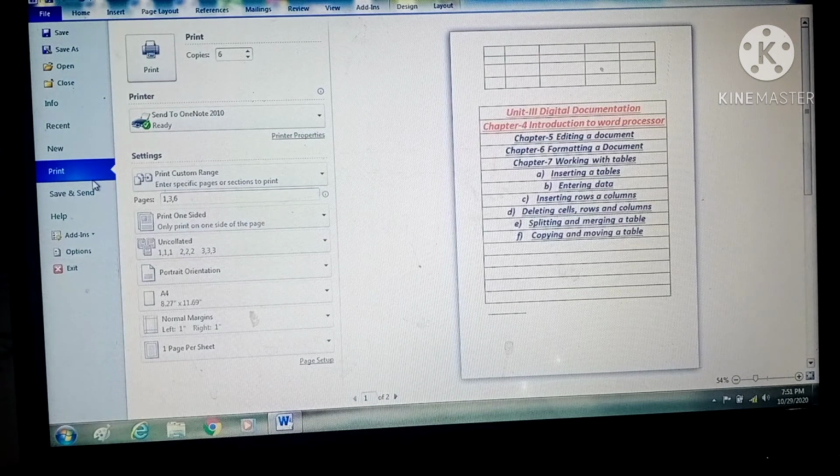So I think chapter 7 is completed, that is tables, and chapter 8 is completed, how we can print our documents. So these two topics are cleared in my today's video. Please do the practice of these topics, and my last topic is left, that is mail merge, that we will do in my next video, in my tomorrow's video. And after that your Word document unit will be completed, that will be finished.